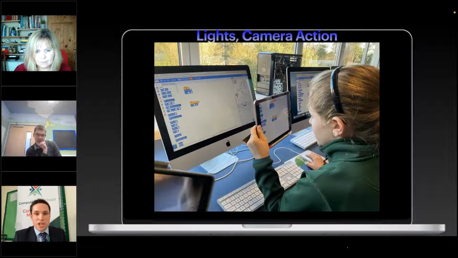So next one, I think this is probably the simplest. I'm in a pretty fortunate position in the sense that we do have one-to-one iPad, but I've done this with one iPad with 31 pupils, and it works equally as well. So my pupils will get to a point in the session, and it might be near the end, and I'll say, right, stop. I want you now to just film your project, and I want you to explain to me exactly what's going on, what you've managed to code successfully, what is working really well for you.